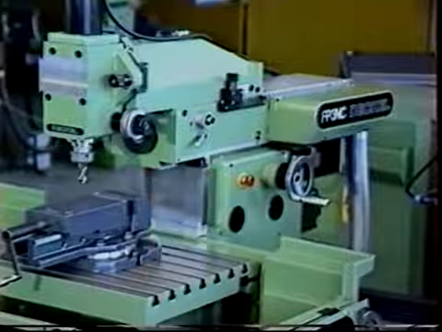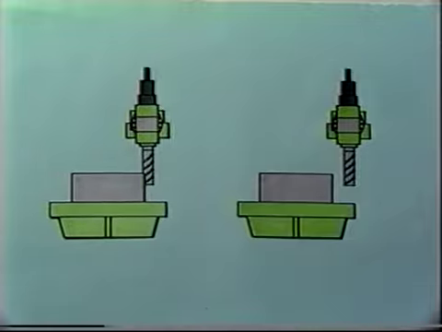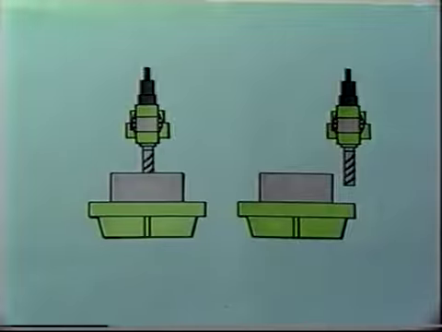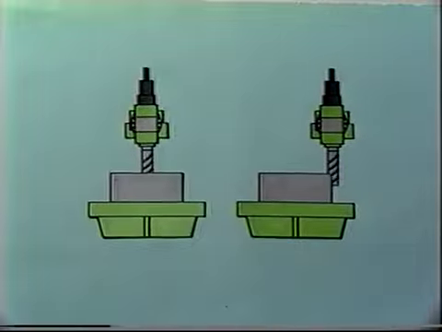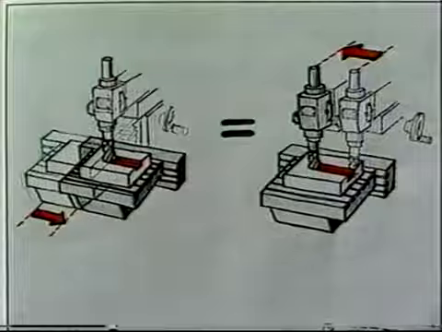Of course, we don't only want to say what should move, but also where it should move. For instance, if we say x-axis to the left, this information is not very clear. On a column and knee type machine, the table will move. On a bed type machine, the cutter will move while the table remains stationary. So you would also have to say what component is supposed to move. In programming, however, that doesn't matter. The only thing of real interest here is which movement the tool should make in relation to the workpiece.